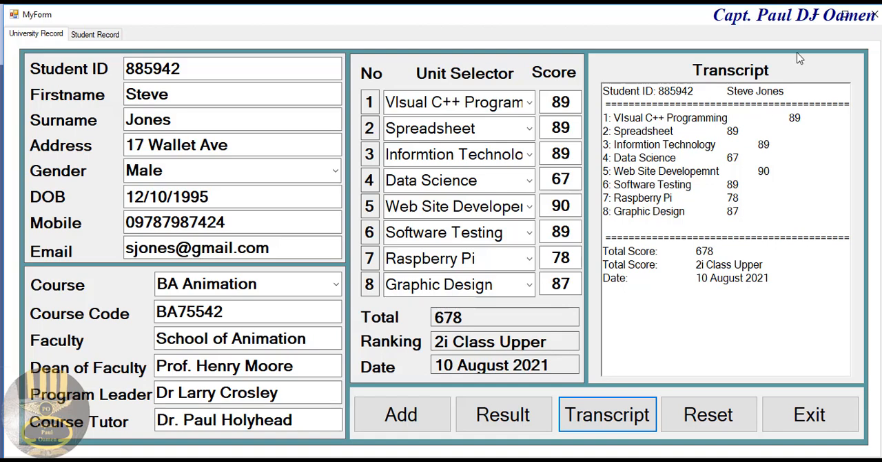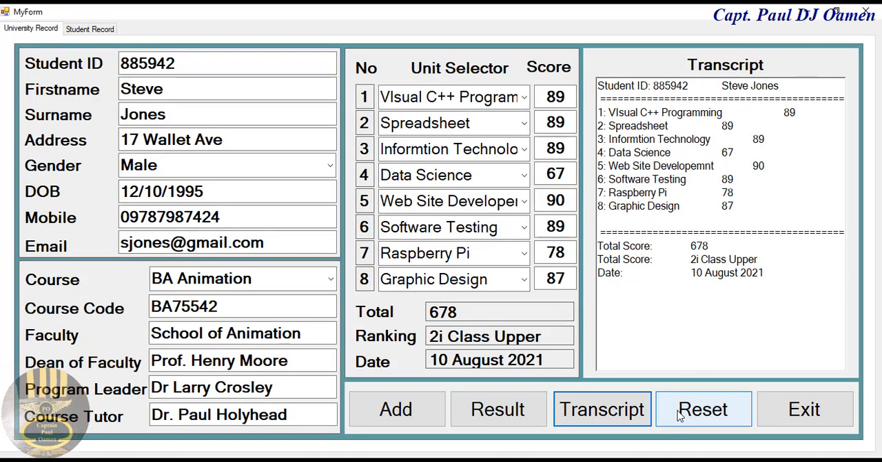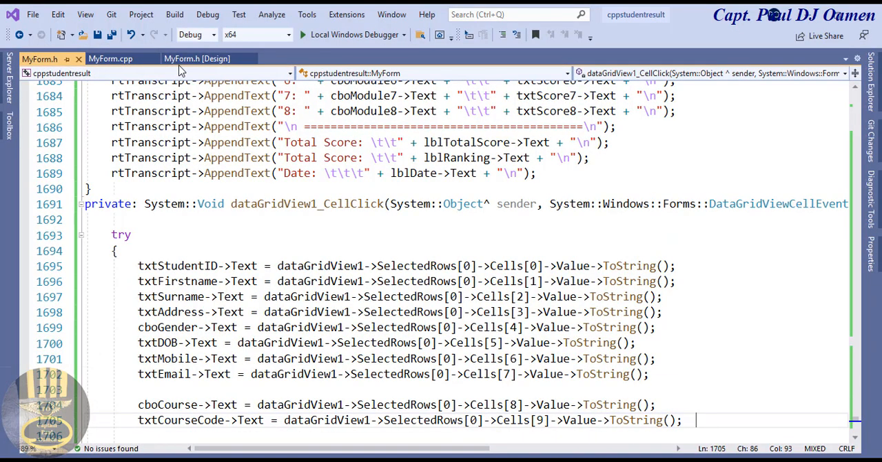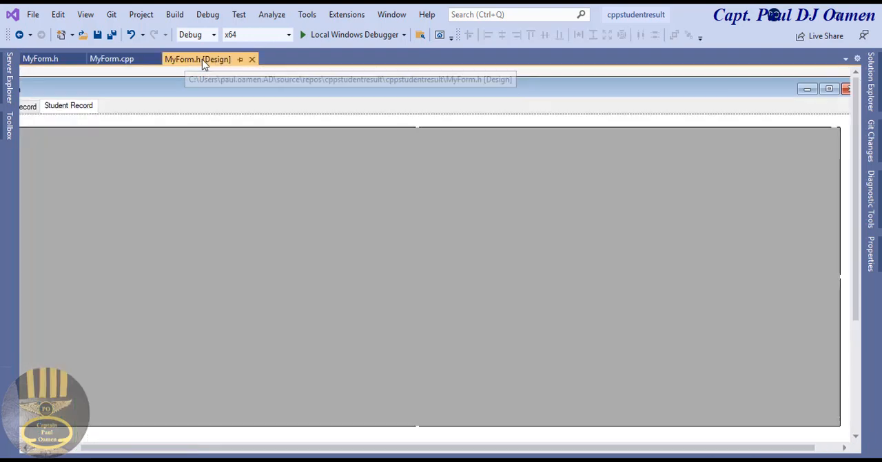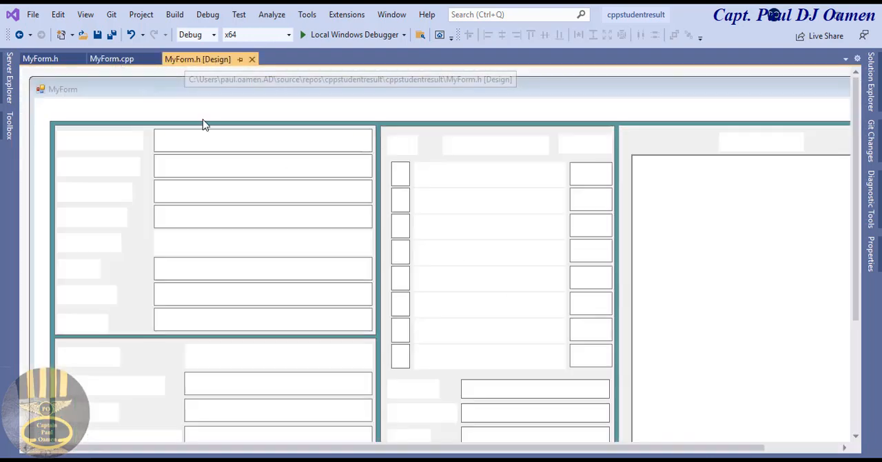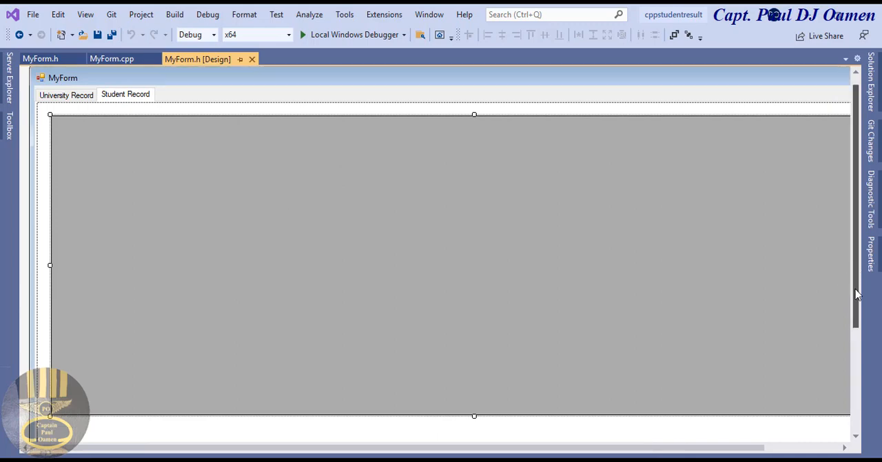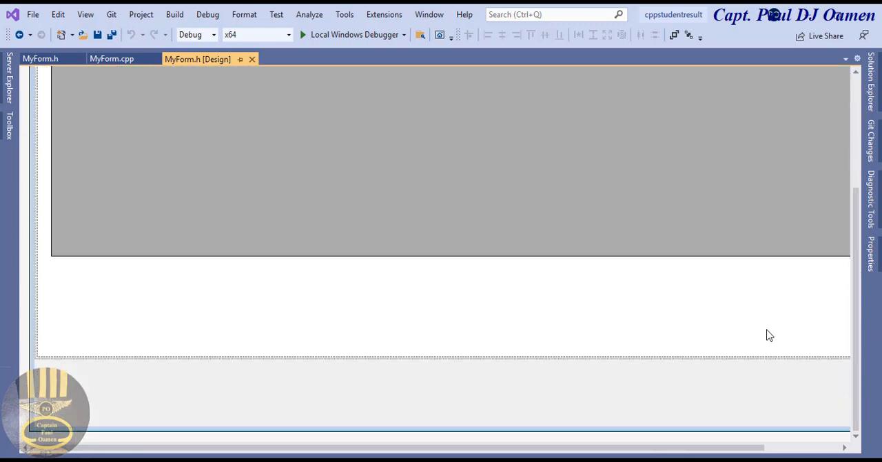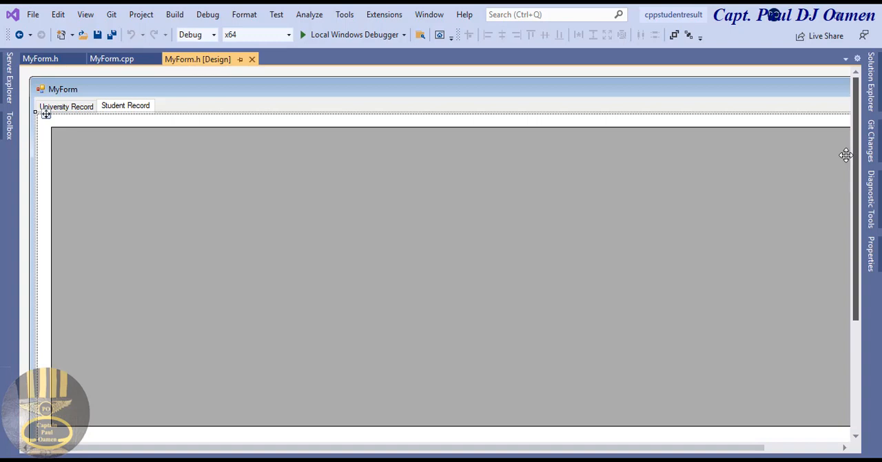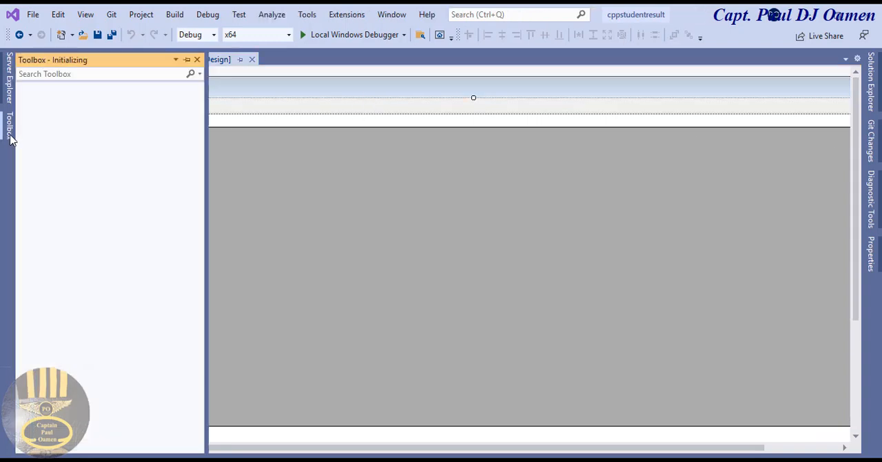Supposing we want to print out this transcript. Okay, I'm going to squeeze a button in here, just so that we can print it out. It's only 2 lines of code that will take care of that. So let's go back in here. We might as well get it done. Come into design here. Okay, I'm going to come straight to the toolbox, and let's select